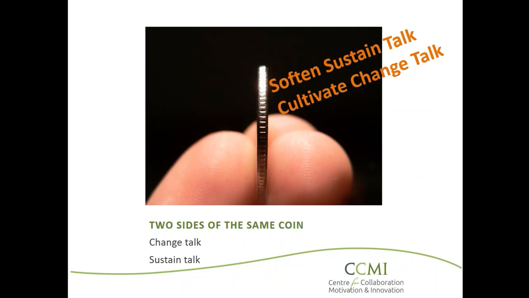Change talk is any speech from the other person in favor of making the change. There's a flip side, of course, the other side of the coin, and they are inseparable like a coin, is sustained talk. Any speech from the other person that favors the status quo is sustained talk. The presence of sustained talk in excess of change talk predicts a lack of success in making a change. Remember, ambivalence is normal. It's normal to feel two ways about something. Here's an example. I want to spend more time with my grandchildren, but sometimes it's hard to find the energy.